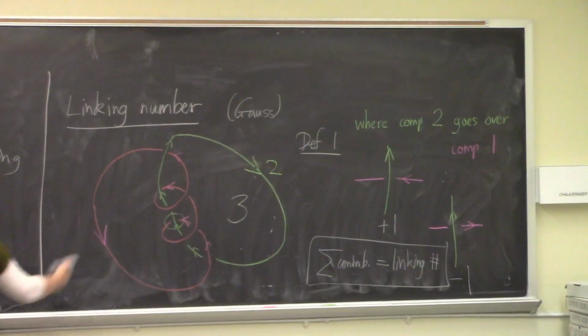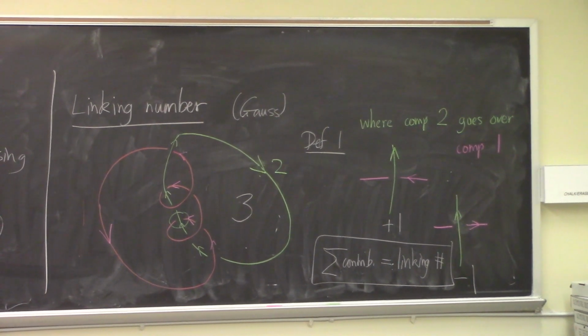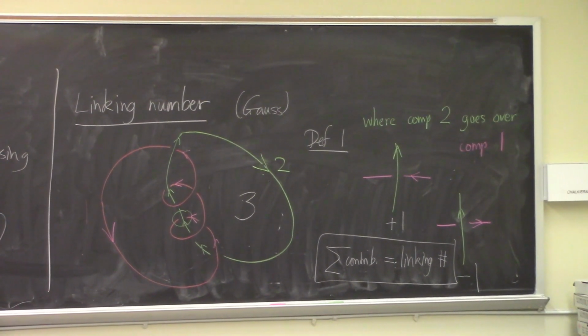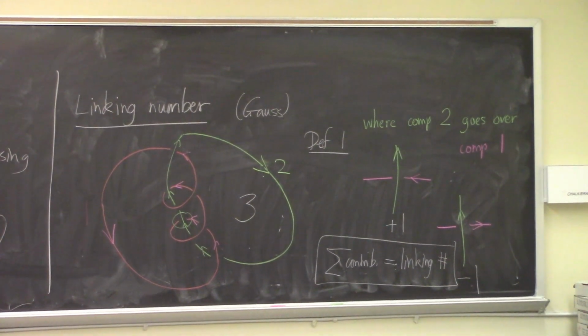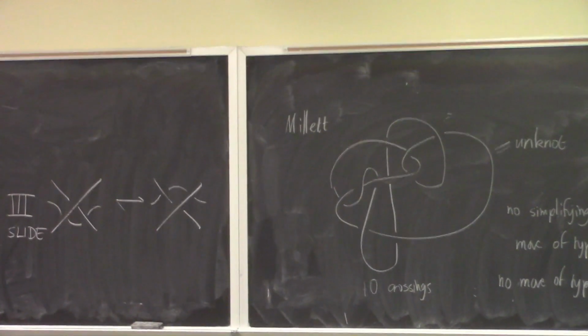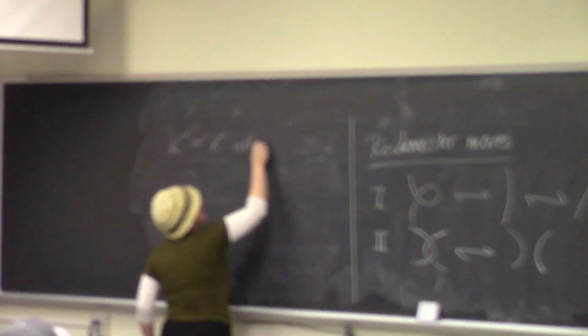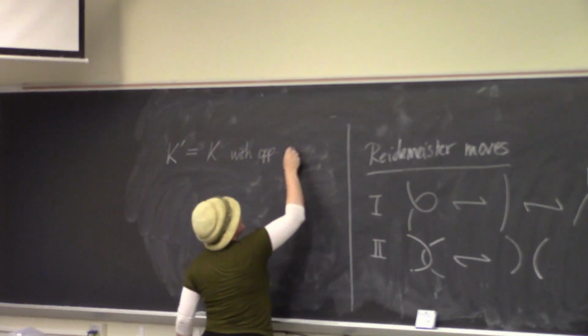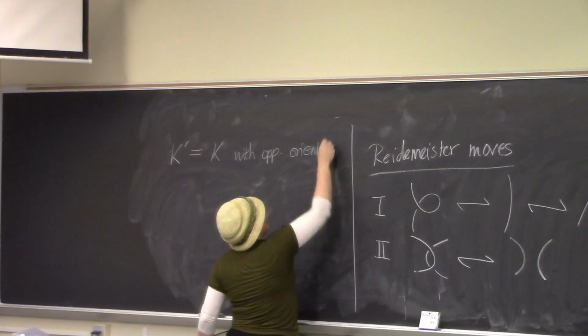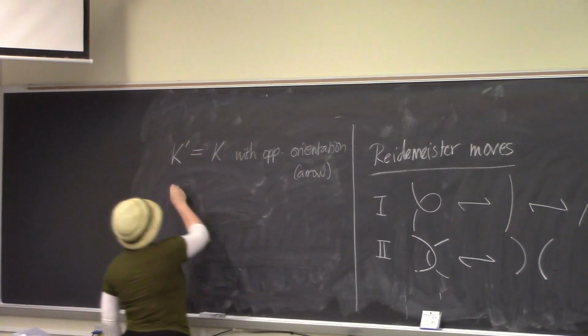Okay, and you can see that it's strongly dependent on orientation. So for example, if I let K prime be K with the opposite orientation arrow, okay, then the linking number